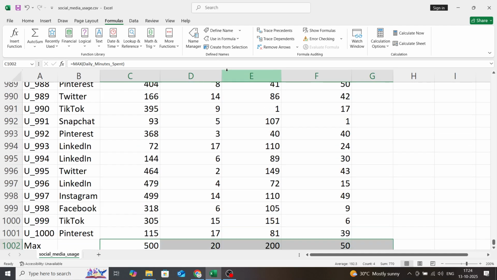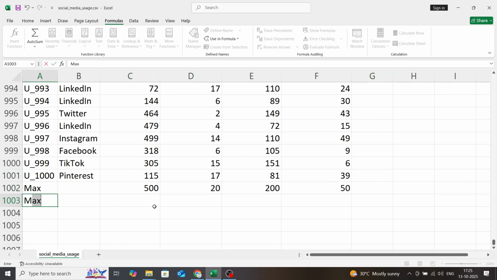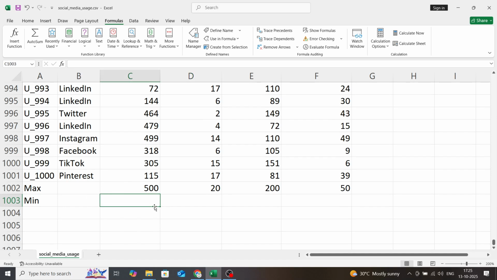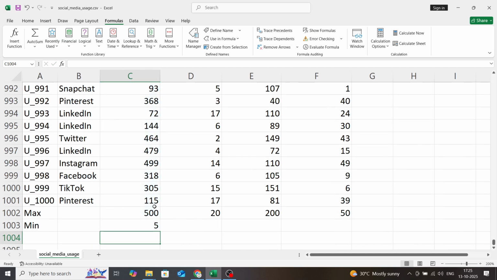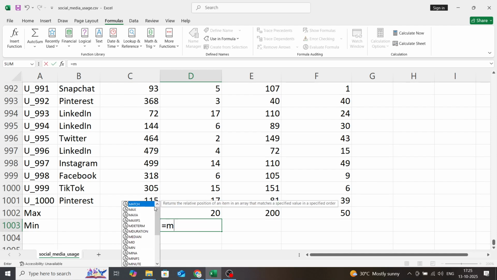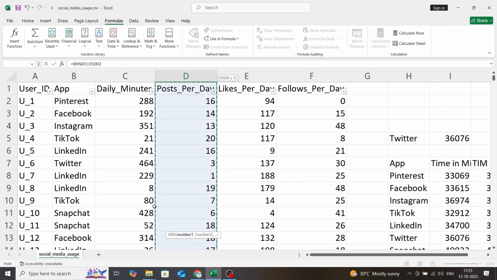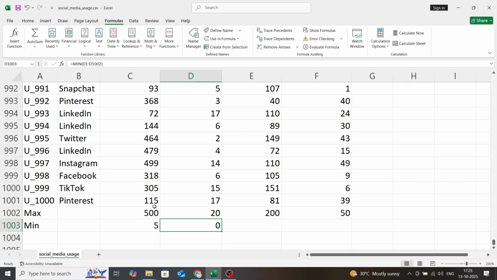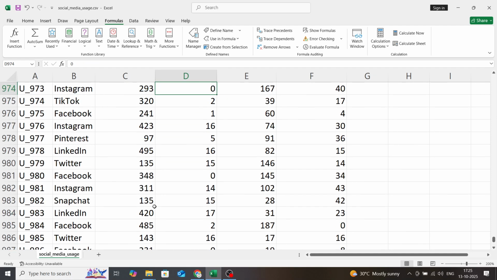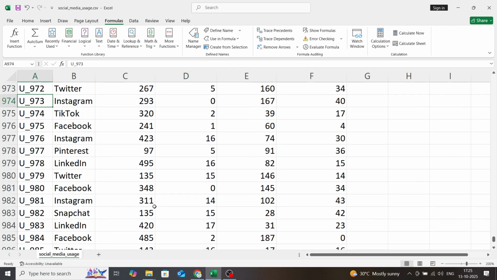And if you want to know the minimum value, then we have another function, MIN, and I'm just going to use one, and you can do this yourself. I do MIN, and the range I want to give is this, and now the minimum value is 5. Similarly, I just copy this and paste it here, so I will get the minimum 0. How? Because I just copied it and the minimum is not available. Let's check what's wrong with it. It should be there: equals MIN, range, then bracket 1, and then Enter. Now it really has 0, I think. Yes, it has 0. So that's why it is showing like this.